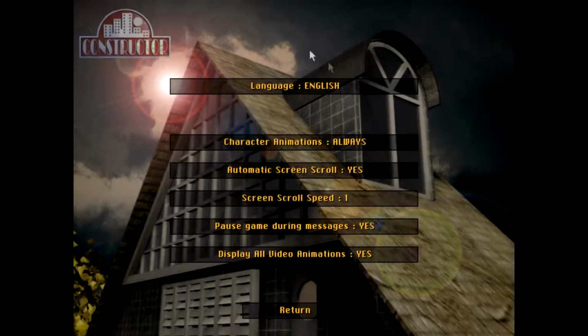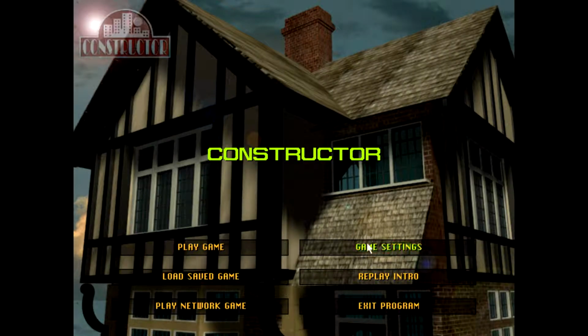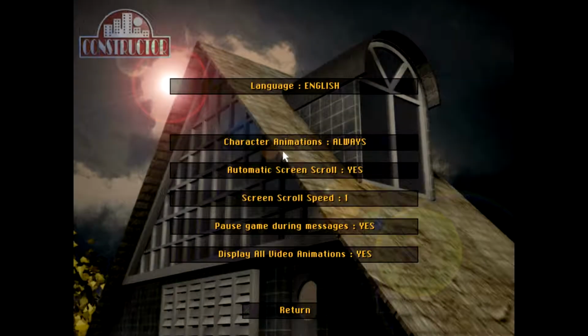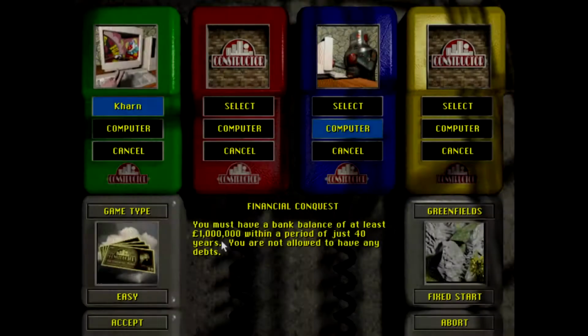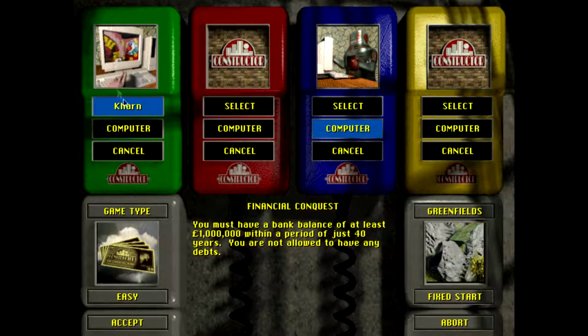I'm going to change some game settings here. I think the volume's actually too high. Looks like I can't change the volume. Oh well. My mic will probably get cut out by some of the sound effects in this game, so I apologise in advance. What we're going to do here is select how many computer players we want